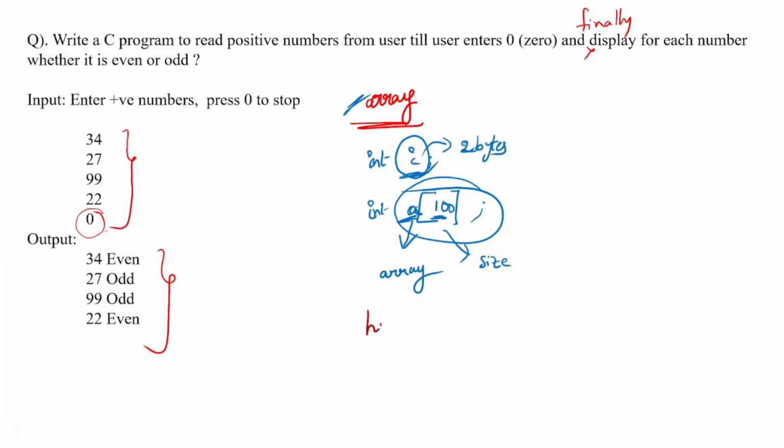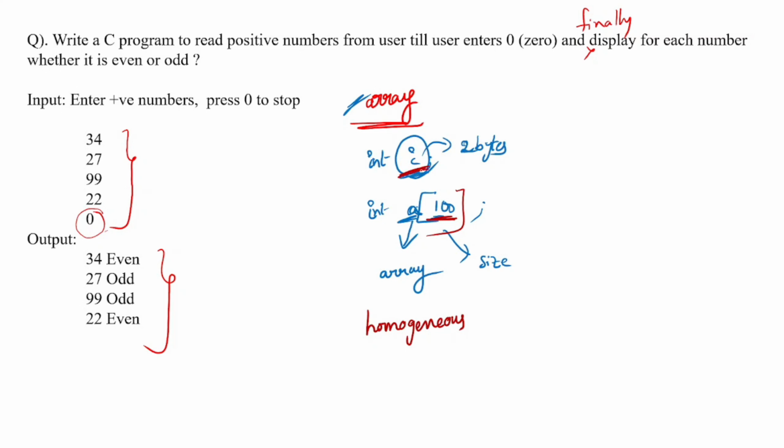What is meant by homogeneous? Homogeneous means the same type of data elements, not heterogeneous. That means I have to enter only numbers in this particular container, not names, numbers, and characters mixed. It takes 100 numbers because the size of this array is 100. And array index always starts from 0.